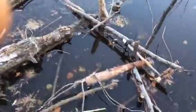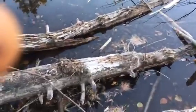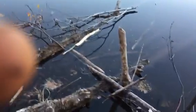Here's one. You can see the beaver did all this. And there's the aspens that he took out from behind the wood here. I had all that thrown in here on the bank, and he took all that out and ate it. It's a wonder I didn't get him. And I was hoping I wouldn't, because obviously your last beaver in a house, you don't want to get that one. So I'm going to take that trap up,